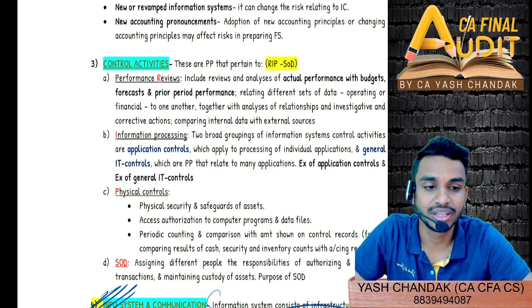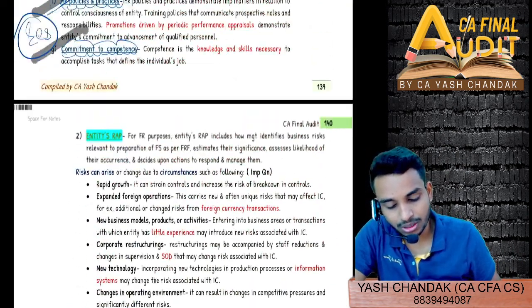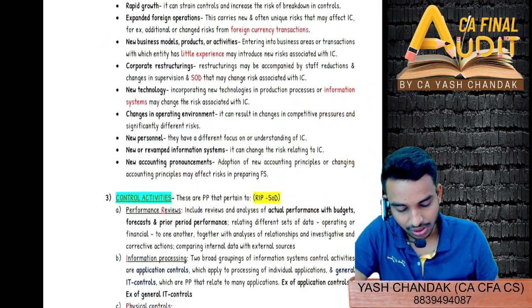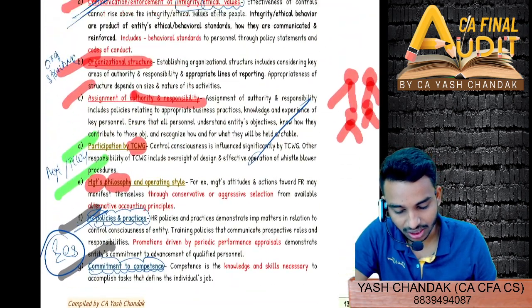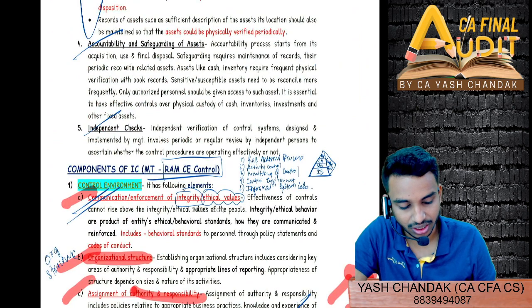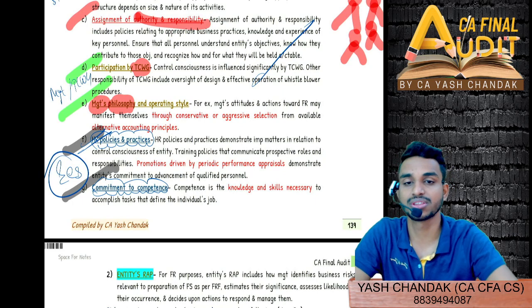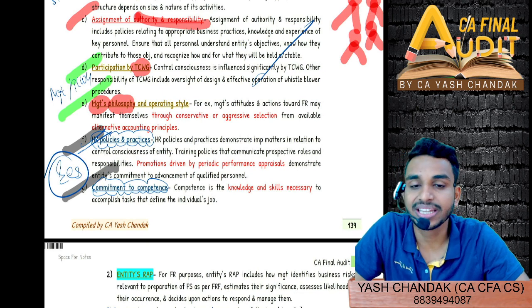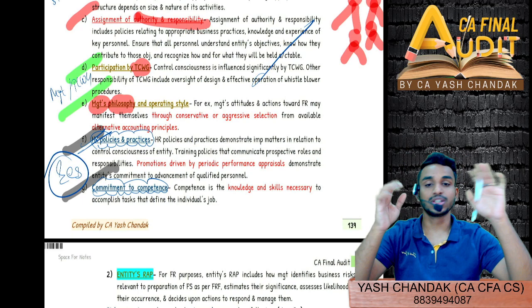Let's start our weekend with audit, right? So we have done till components of internal control, not entirely, but we've gone through one component of internal control, which is the important component, which was what? Control environment, right? And in there we also saw 7 elements of the control environment, which I bifurcated into 3